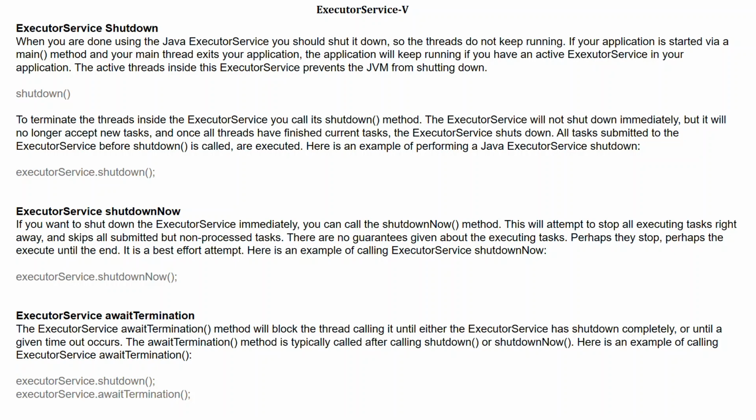There are no guarantees given about the executing tasks. Perhaps they stop, perhaps they execute until the end. It is a best effort attempt. Here is an example of calling ExecutorService shutdownNow. executorService.shutdownNow();